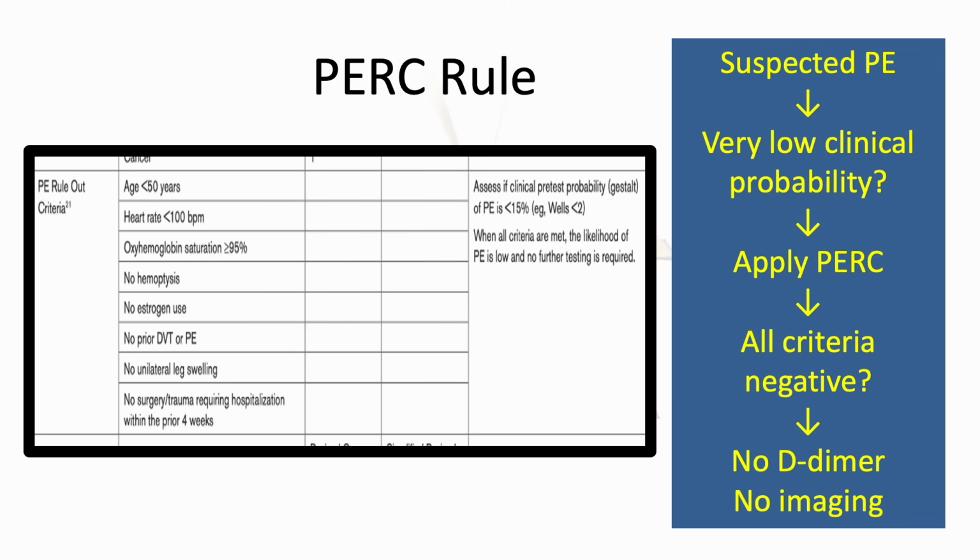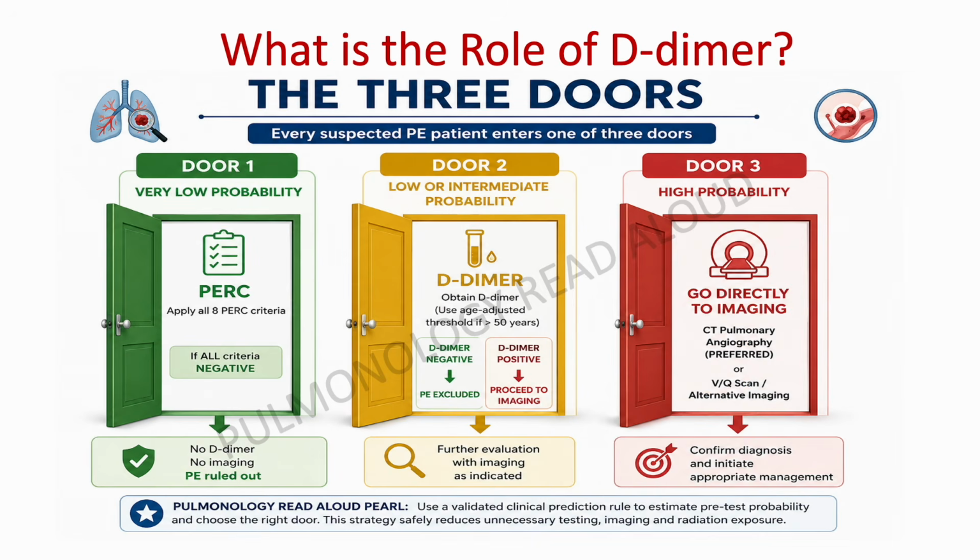So no D-dimers and no imaging needed. So what is the role of our next tool now, which is D-dimer? Now there are three doors that every suspected PE patient will enter. One, if there was a very low probability, PERC can help you rule out. Two, if there was a low and intermediate probability, like in my case, then you have to obtain D-dimer, which